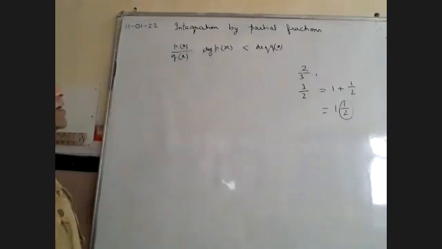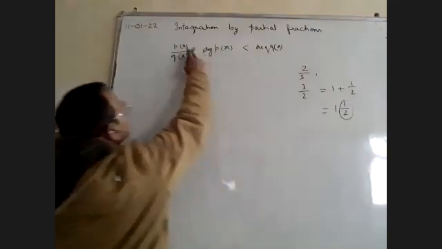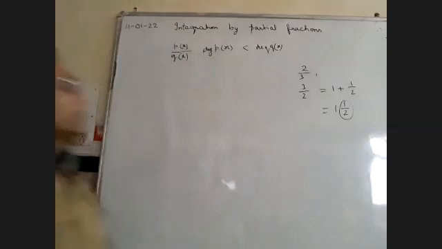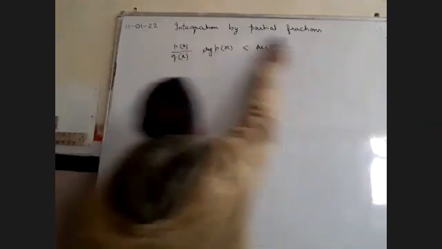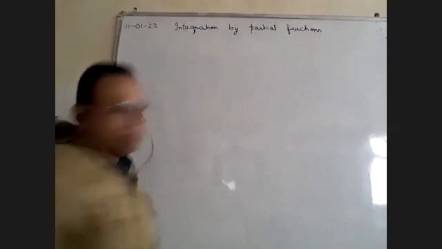In the same way, we have to convert this fraction into the form of a proper fraction if the degree of q(x) is not greater than the degree of p(x). If the degree of p(x) is less than the degree of q(x), there is no problem. That is a proper fraction. So for converting a fraction, we use some methods. These methods are very simple. You can learn very easily.